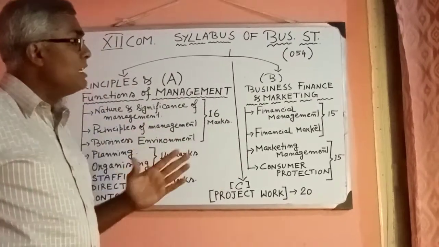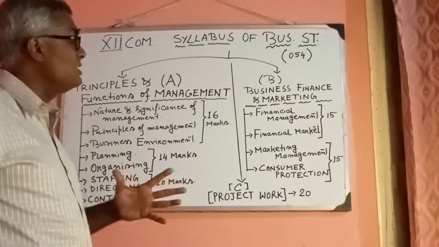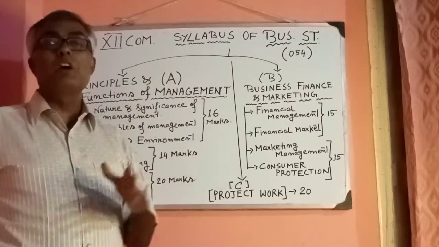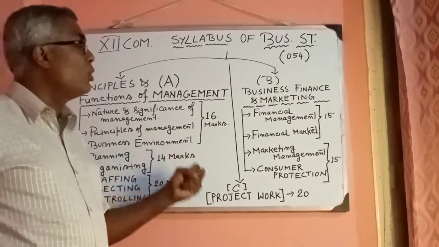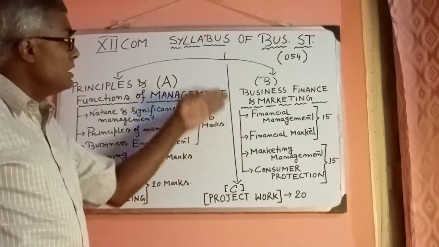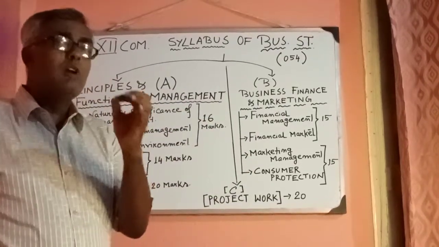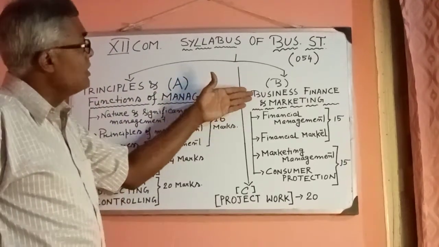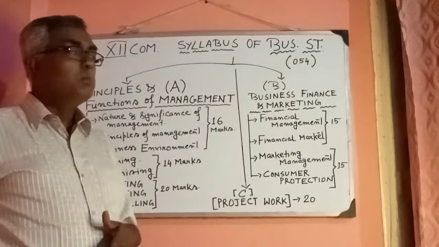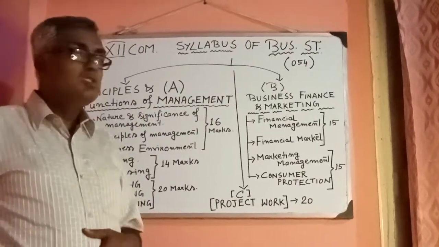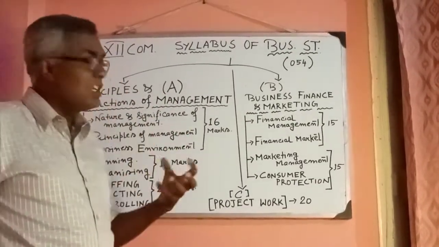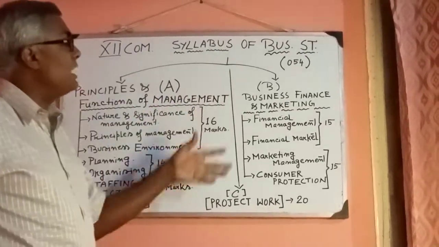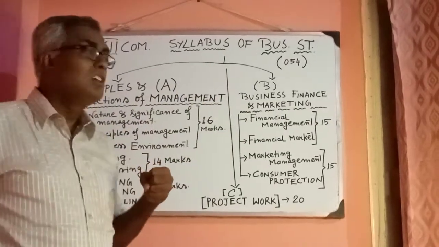And for marketing management, if you think consumer satisfaction is the objective of marketing management, then consumer protection is very much a relevant, correlated chapter, which is also given in our syllabus. I think you have read it in class 10 in economics to some extent. Coming to business, finance and marketing: because finance is the lifeblood of business, it is a very natural and correct step taken by CBSE, including the financial management and financial market chapters